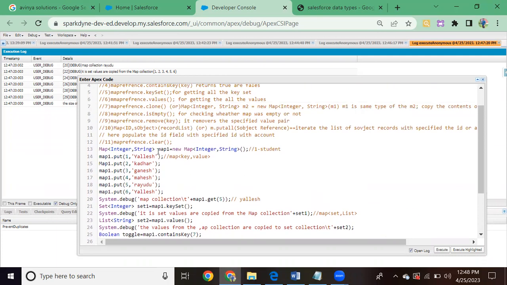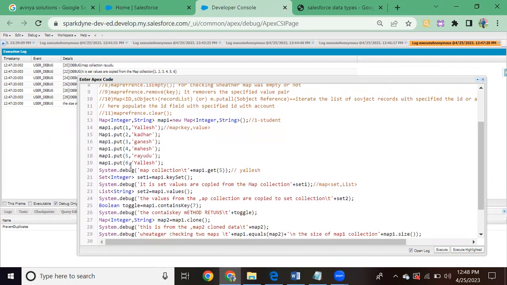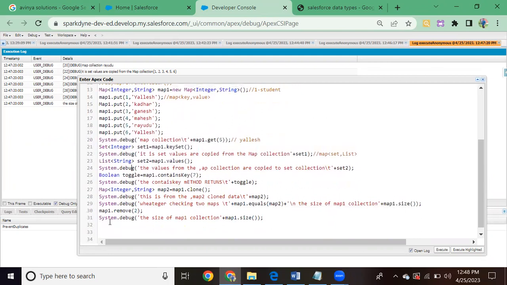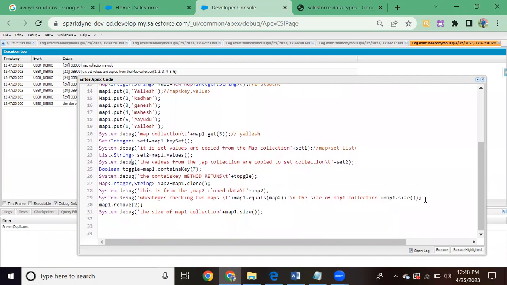So this is map collection 1, and this time I am deleting one record from this map collection. Initially the size is 6. So the size of the map collection after removing one record is,